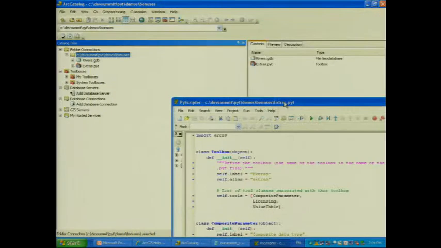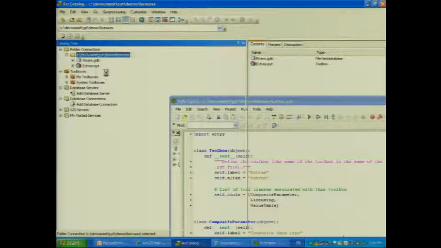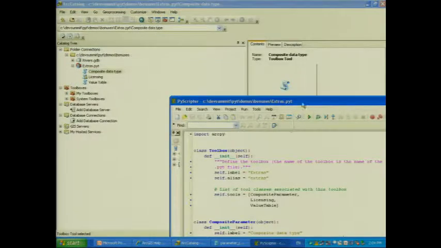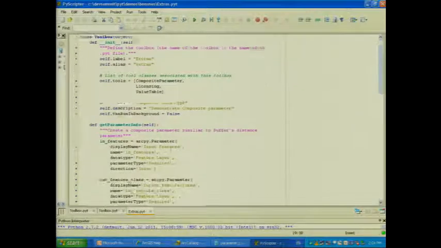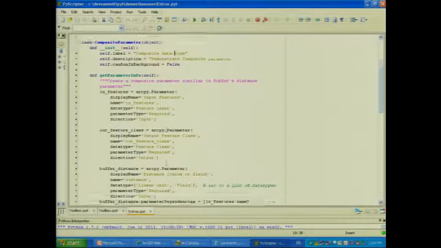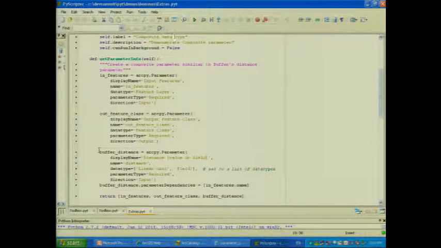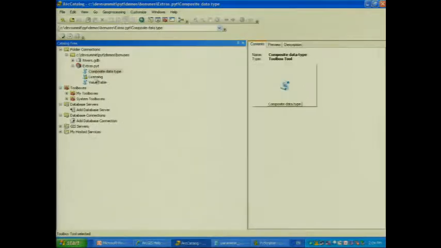So the first one we'll talk about is composite data types. If you want to specify a composite data type, it's a parameter object just like any other, but instead of specifying a data type equal to some string, it's now really just a list of strings. Right? So in this case, I'm going to represent it sort of like the buffer tool. So you have a linear unit, you can specify some sort of a distance or a field, based off of the input. If I double click on that,